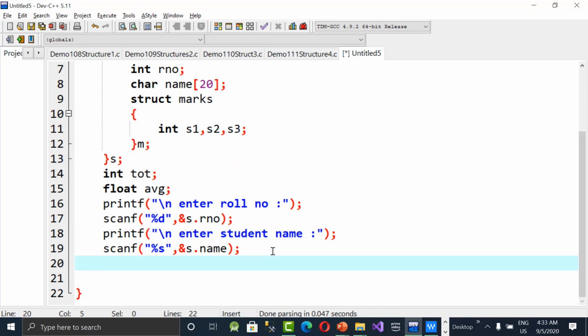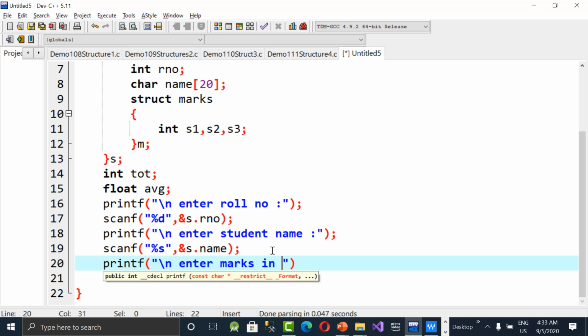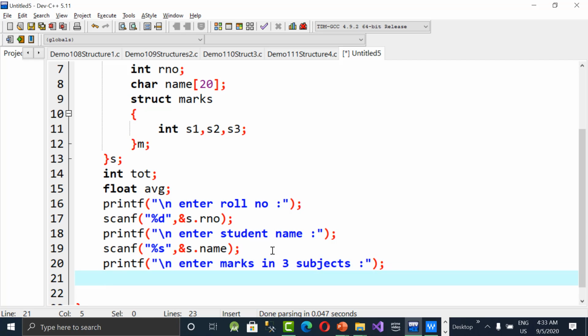But for marks in three subjects, we cannot say s dot s1, s dot s2 and s dot s3. So: enter marks in three subjects. Since s1, s2, s3 are inside the structure called marks, I have to use the m variable.